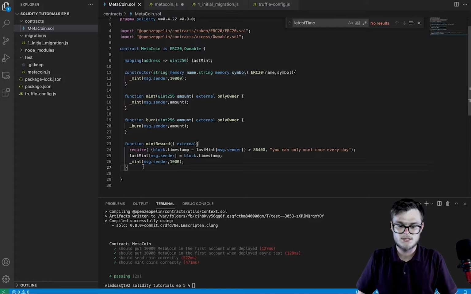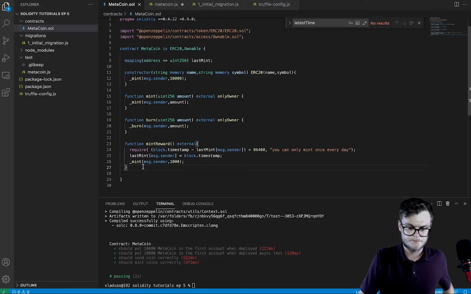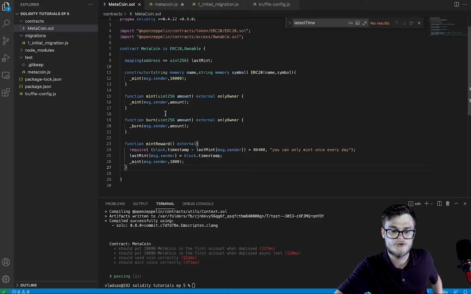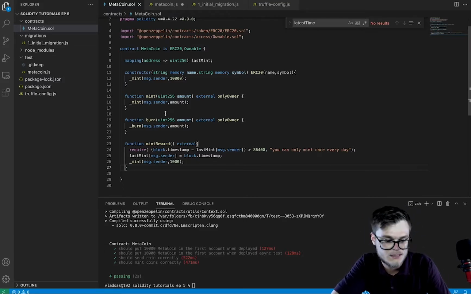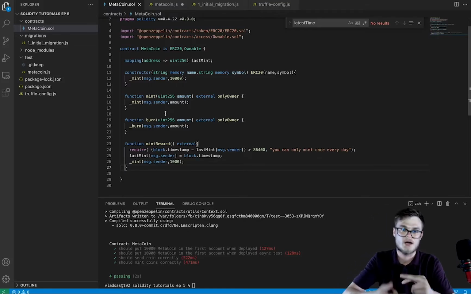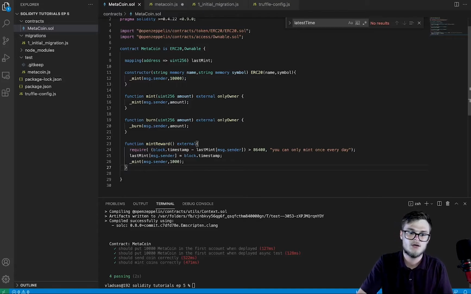So what happens in this function is that we first of all check that 1 day has passed since your last mint reward. So that's one thing that we're going to want to test. Another thing that we want to test is that you actually receive the funds when you